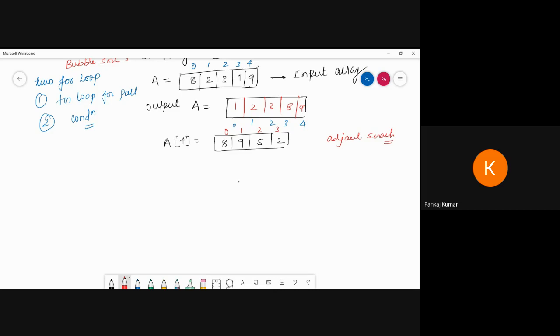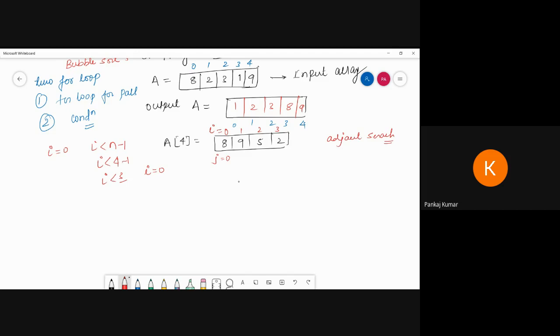Now see, first we take this one as I. That means we perform the I operation, I equal to 0, and we take one for loop for the condition that will also start from j equal to 0. But this for loop goes from 0 to j less than n minus 1. That means up to this one. So what is n? This is 4, so we go up to 4 minus 1. That means we compare up to 3, so 0, 1, 2, 3 here. That's why I'm taking n minus 1 like this.